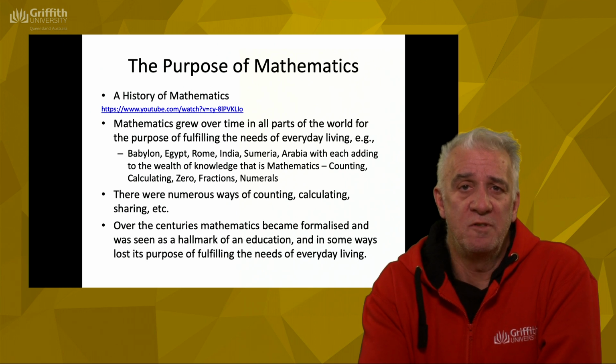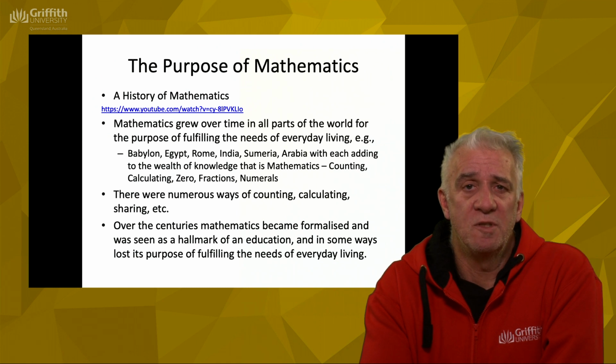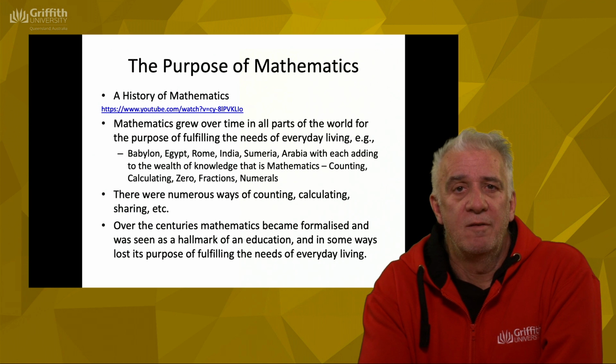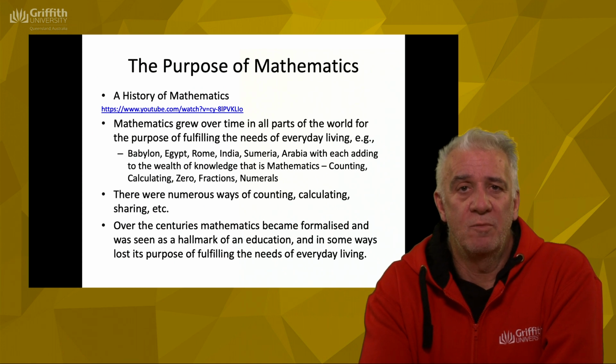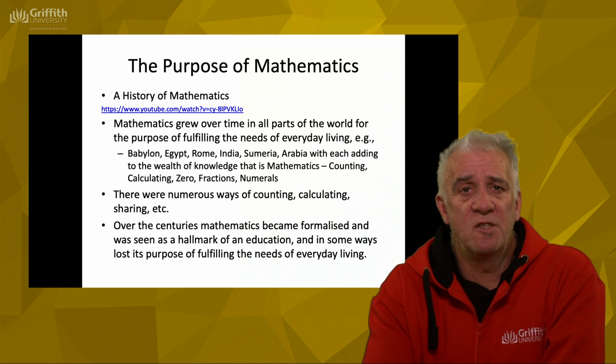So the idea of zero was quite contentious for a long time, and they had huge debates. And in fact, people were being killed because they were promoting the idea of zero, which was seen as untheologically sound at the time. Mathematics was often closely associated with theology and philosophy. So all the great philosophers of history were also mathematicians.